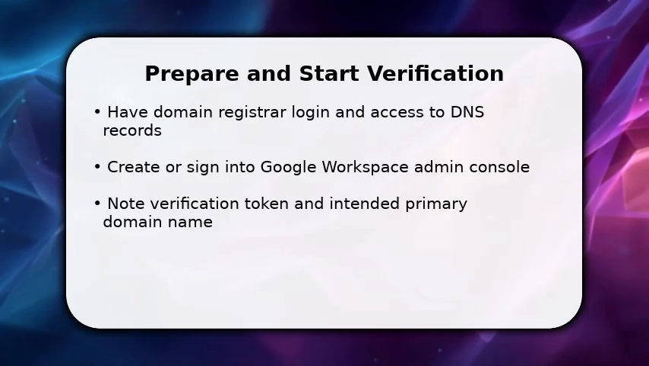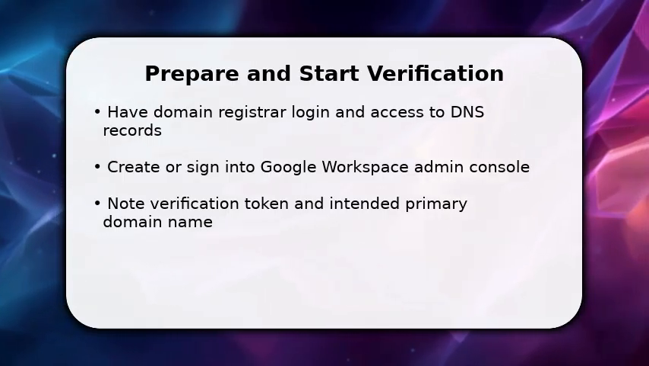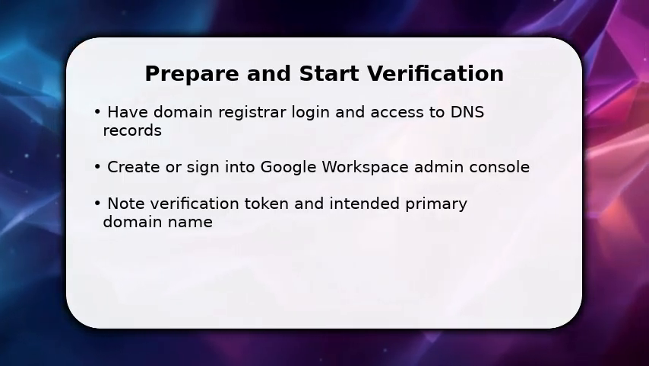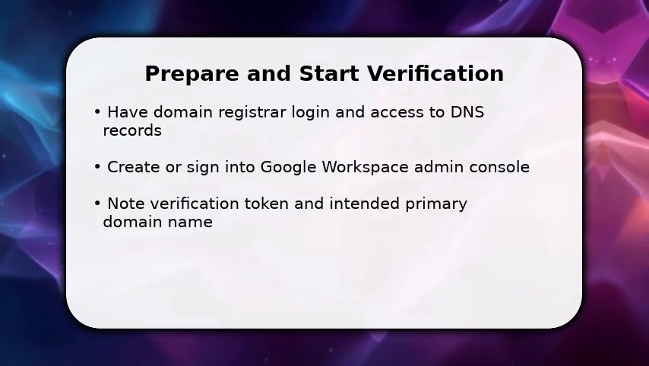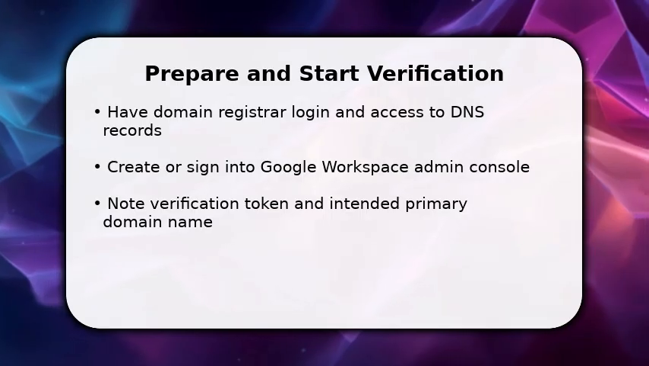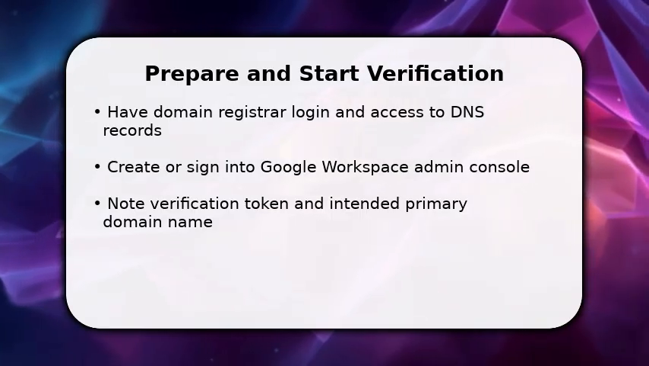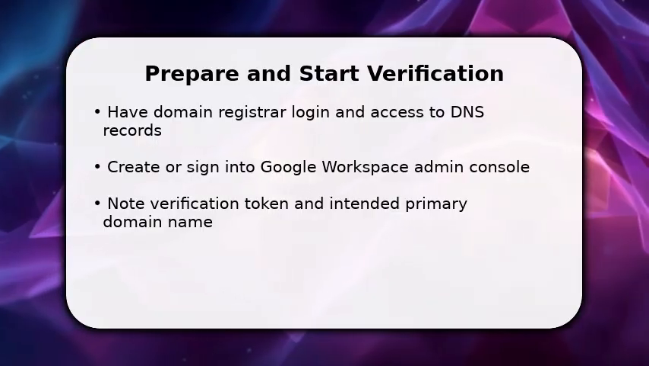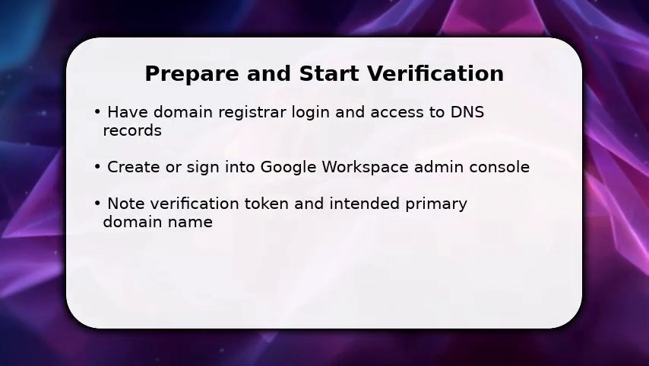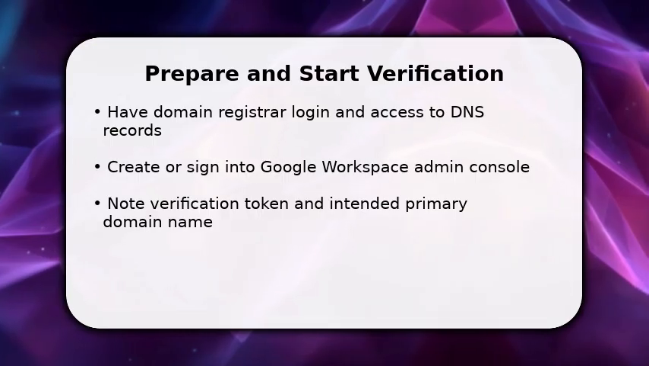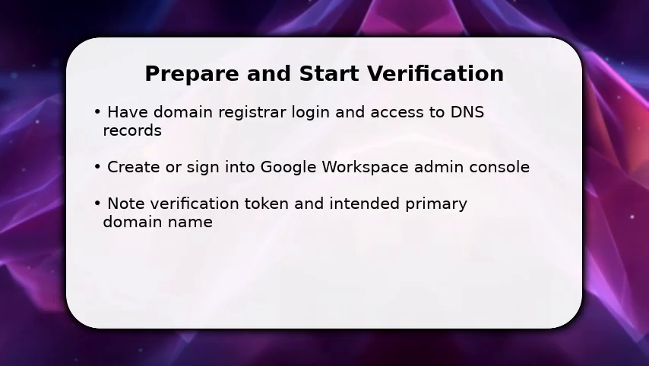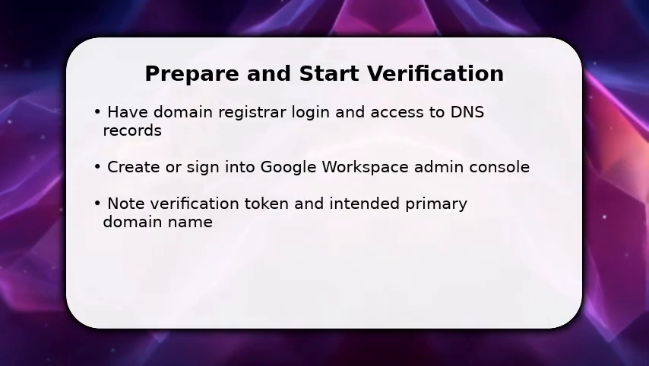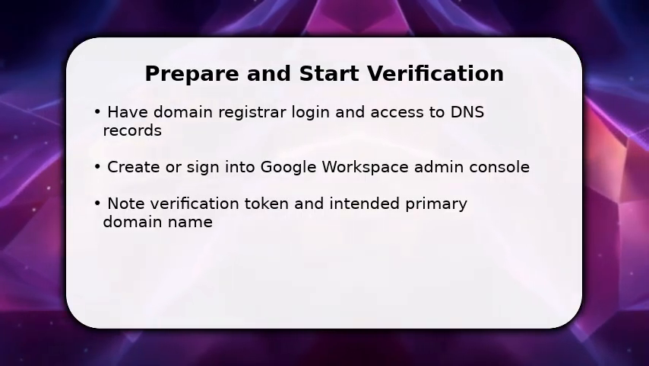You begin by confirming prerequisites: registrar access, an active Google Workspace trial or account, and the domain name you will verify. Once logged into the admin console, choose Domains, Add Domain or Alias, and enter the exact domain. Make sure to copy the verification token Google provides. You will add this to DNS. This first step is crucial because the token proves ownership, and without it, you cannot proceed to MX or SPF